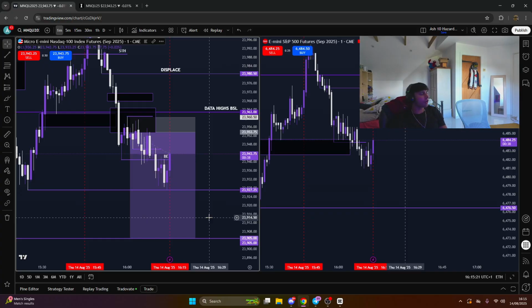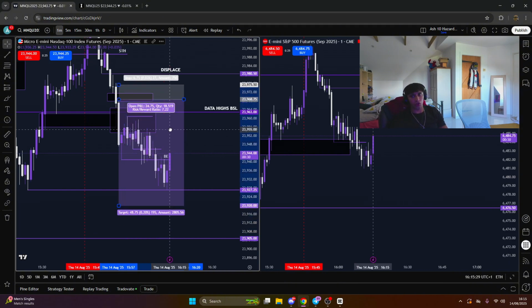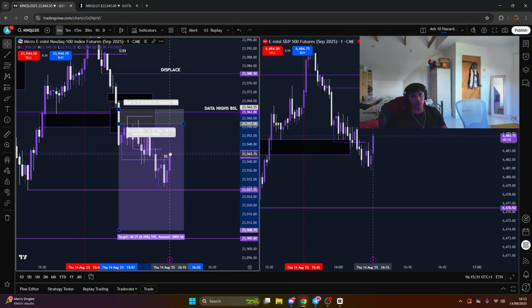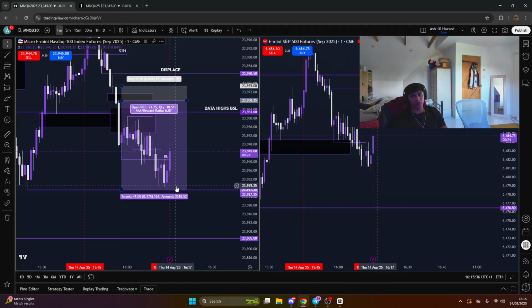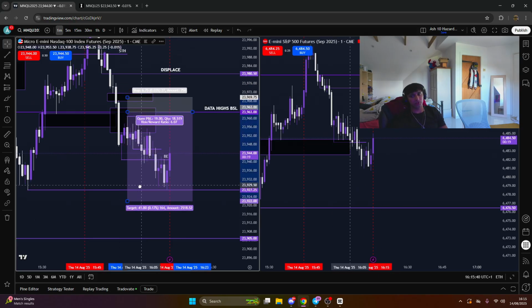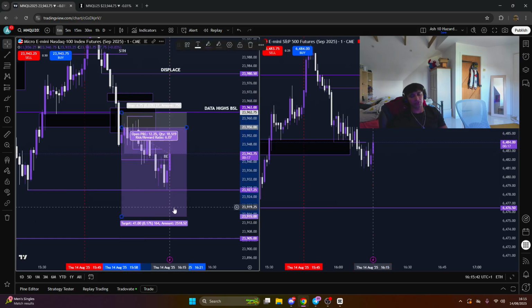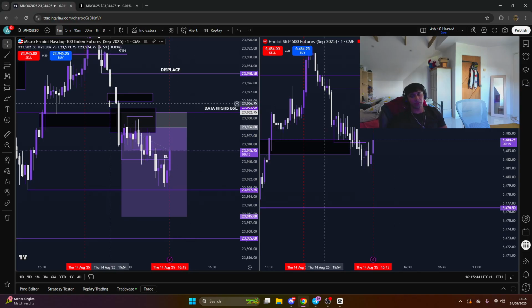Well, so I'll tell you. I was considering the 97, 100%, but the reason why I picked that one is because obviously we were looking for an entry of this gap here, but we didn't get it. And if we had got it here, my TP would have been this point, and that's break even. That's what we would have chosen for break even. So that's why I was like, what makes the most sense?